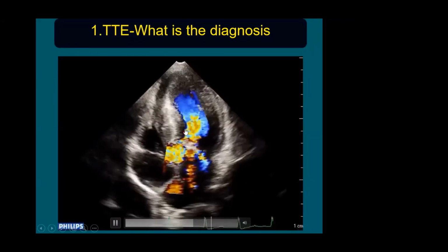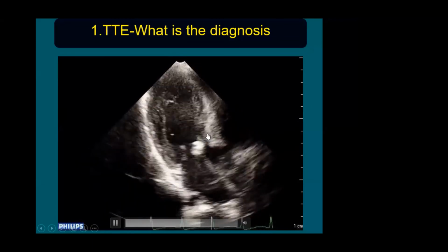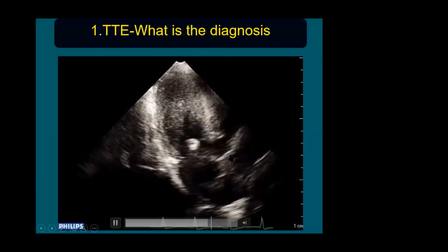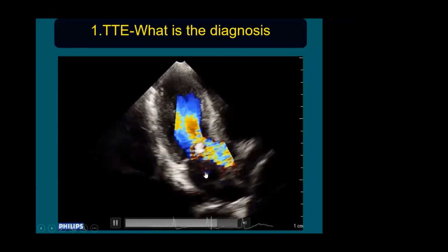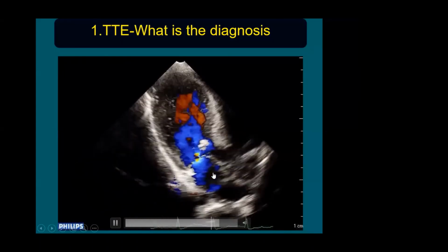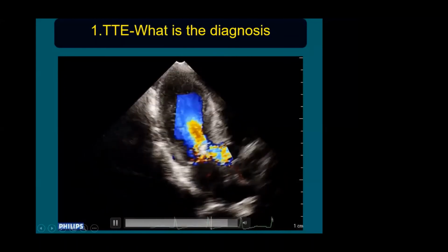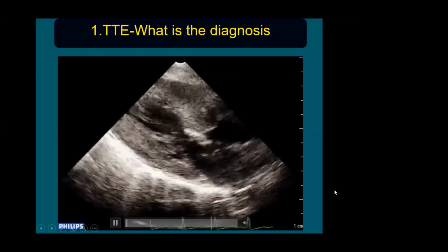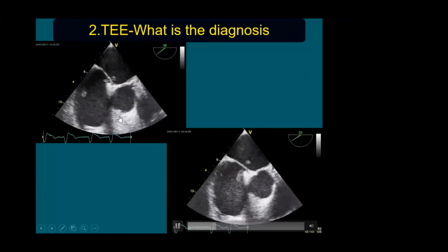Sometimes they have described vegetation over the left side of the interventricular septum in the region where the anterior mitral leaflet hits against the septum. And with the color Doppler, you can clearly see the left ventricular outflow obstruction and also significant mitral regurgitation. With the continuous Doppler, you can clearly diagnose the dagger-shaped appearance of the left ventricular outflow obstruction. So this bright echo in the continuous Doppler is due to the mass hitting against the continuous Doppler.